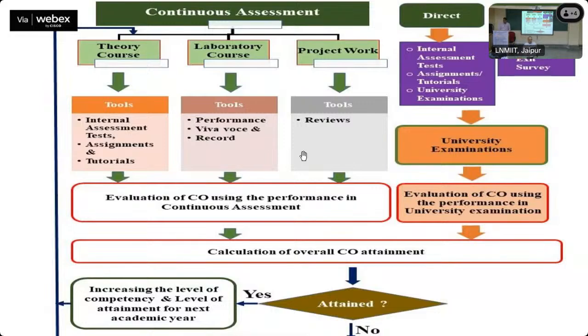That feedback will come when I have not attained the target. Okay, so in CO attainment, as I told in the flowchart, yes or no? If yes, then what will I do? Suppose in my same example, my target was to become a professor in 10 years' time. Suppose I achieved it, then what will I do? Will I be satisfied as a professor, or will I target to become a director or dean or something else, right? Then I will change my target once I achieve it. Okay. So if it is not achieved, then